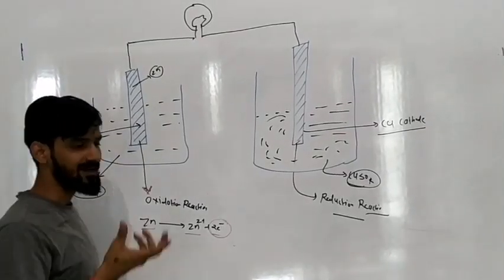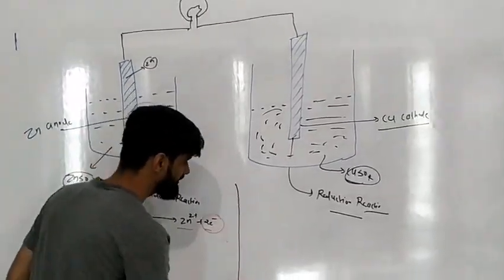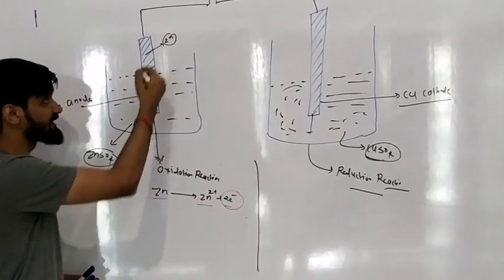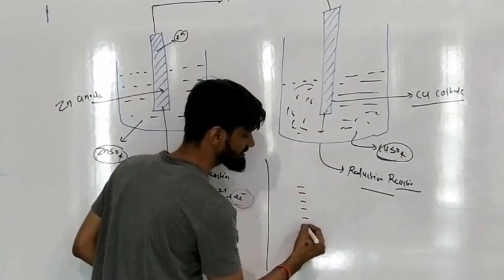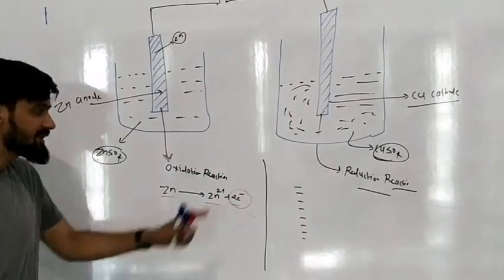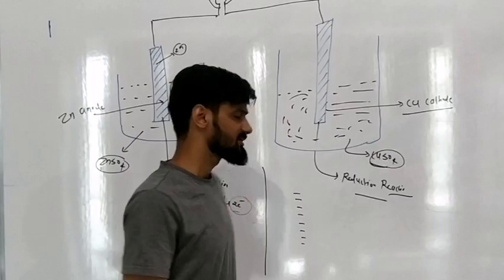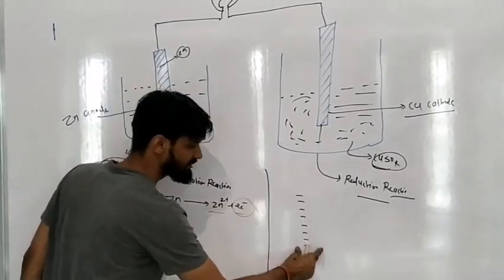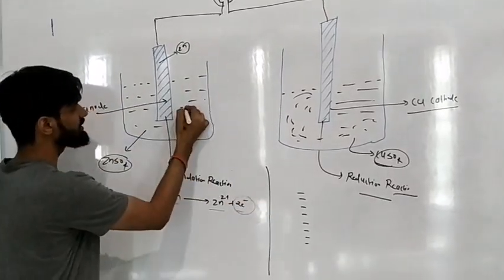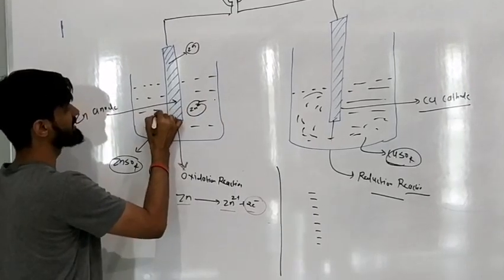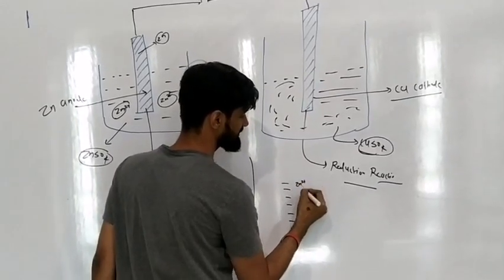Now understand how we define the oxidation potential. Due to the accumulation of electrons on this particular surface, which is the anode, the anode will be engaged with negative charge. And opposite charges try to attract each other. So if there is an enrichment of electrons on the surface of the anode, then definitely the Zn2+ ions present in the electrolytic solution will come closer to the anode, closer to the negative charge.